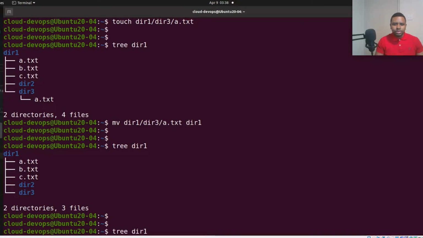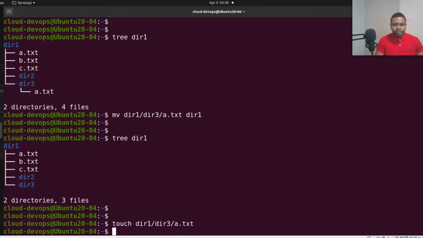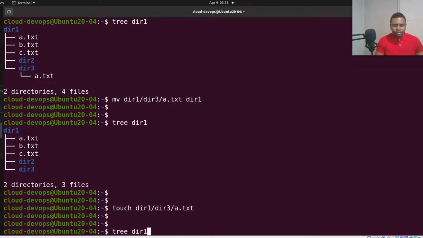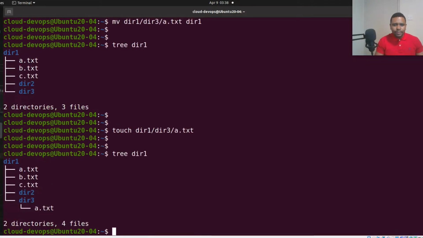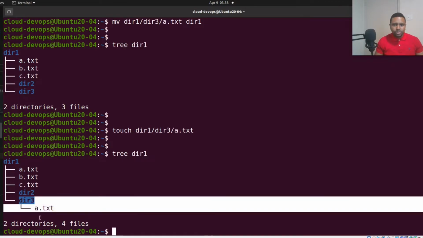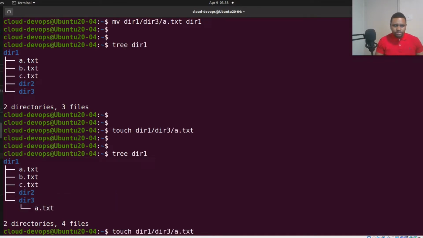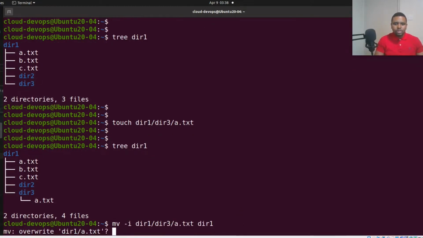So let me go ahead and recreate this file in directory 3. Okay, we have a.txt back in directory 3. Now let's try to move it from directory 3 back into directory 1, and this time with the -i option for interactive. Enter. See, it's prompting us,